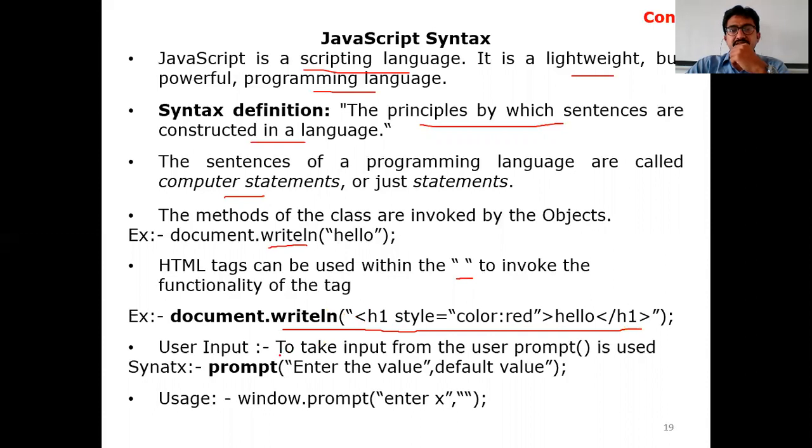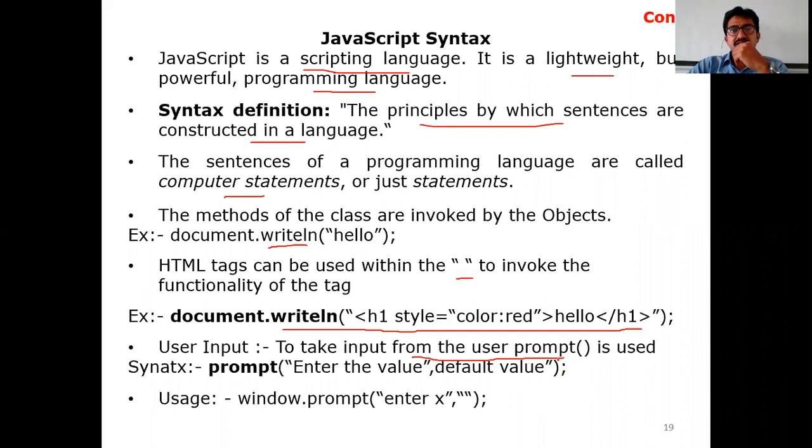So we can take inputs from the user prompt. How we take input from the user prompt is like in the C language, where we take input from scanf. In Java, we use system.out.println for printing, and for reading, we use the buffered reader, input buffered reader for reading things, right? Or the Scanner is used in Java.